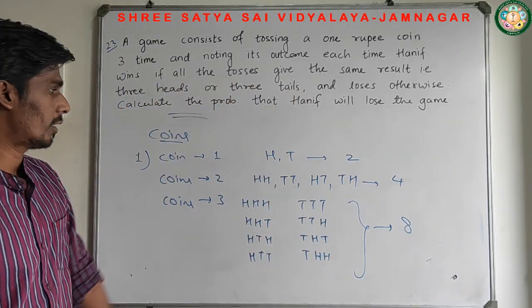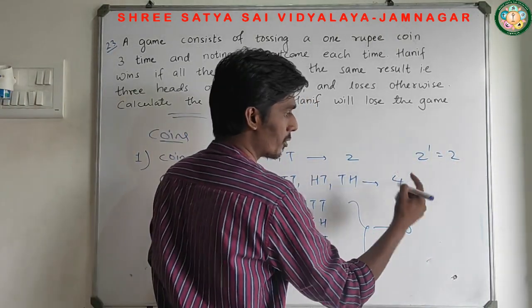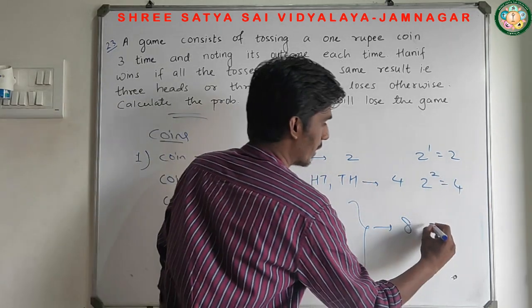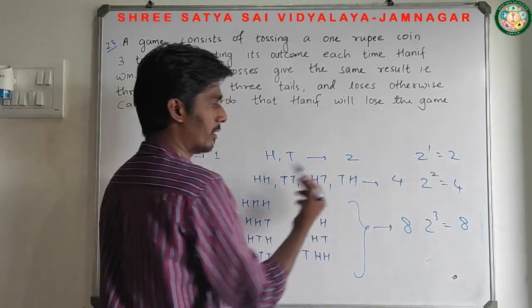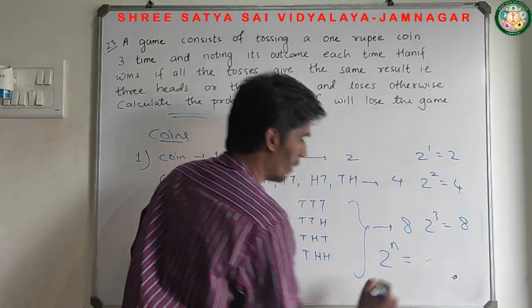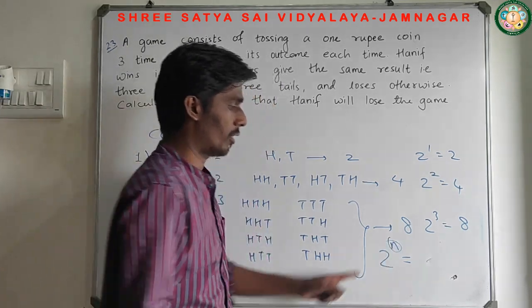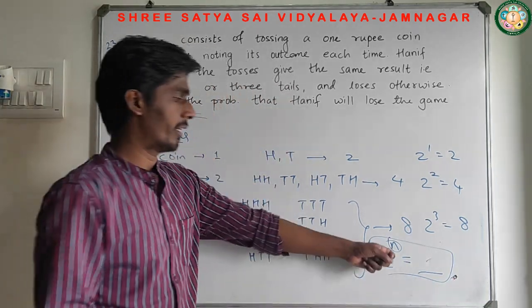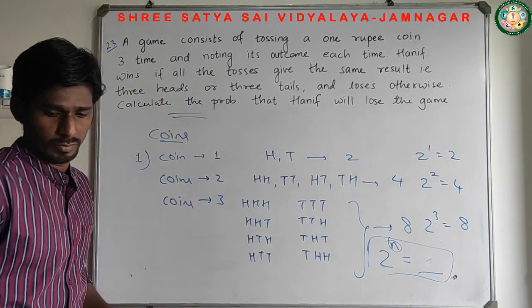8. So it depends on what? Coins have 2 sets. So 2 raised to 1 is 2. Suppose there are 2 coins, then 2 raised to 2, it's 4. 3 coins, then 2 raised to 3, it's 8 conditions. 8, 4 and 2. What does it mean? The number of outcomes depends on the number of coins: 2 raised to n, where n stands for the number of coins. So by this we'll get the total outcome, 2 raised to n. Now based on this we're going to start with the next example.